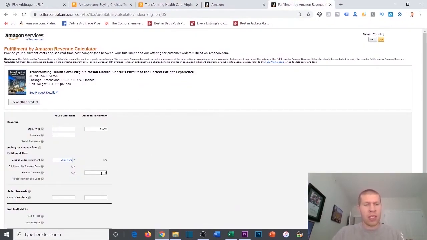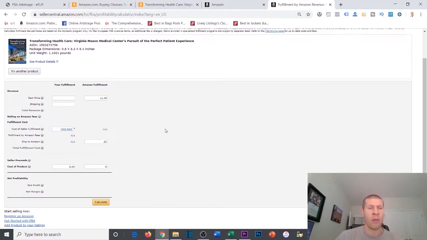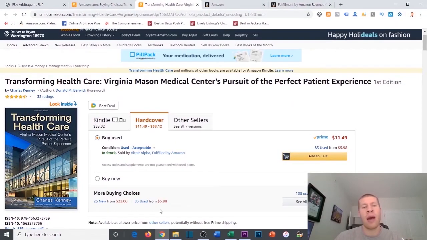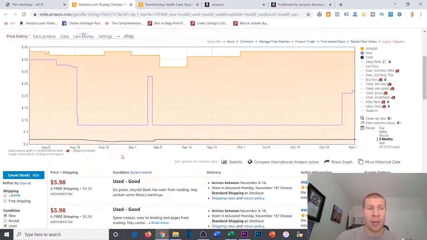Shipping into Amazon, we'll say 50 cents, even though it'll probably be a little bit cheaper because I ship in a bunch of books at once, or a bunch of products at once. I never ship one-off books or even a couple books at once. And the cost of our product, I think, was like $6. So just off the bat, we'll show you how unprofitable this is. Net margin of negative $3.35. So clearly there's not an opportunity to buy this used on Amazon,